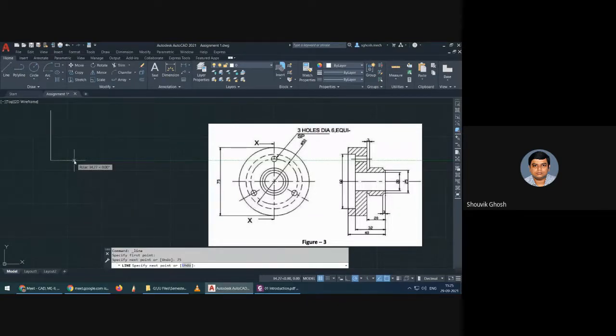This line length is 20. This one is 25, 75 minus 25, 50 by 2, 25. This one is 20. I'm just drawing the outline. 25, 25, done. The outline is done.